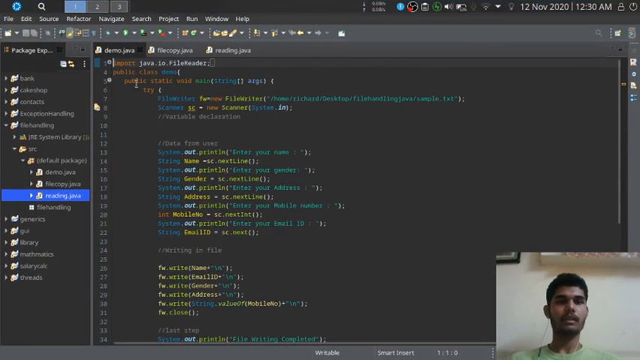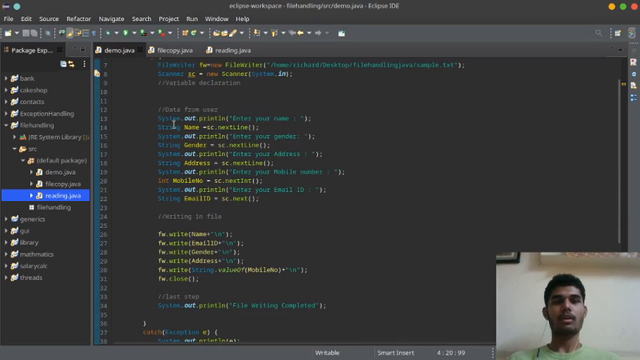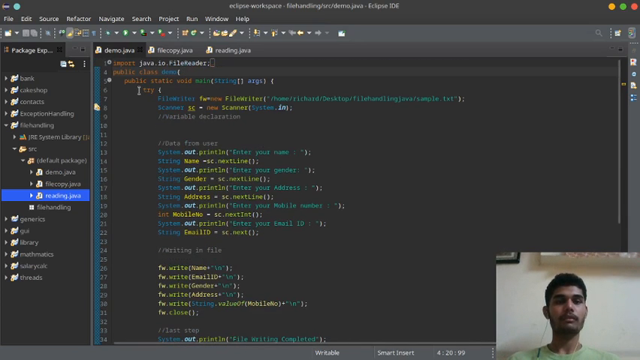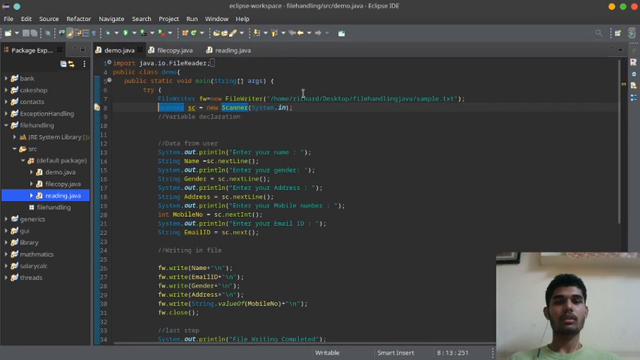So here we are importing the FileReader class and FileWriter package, and this is our public class Demo. Our first step will be to implement this in a try block. If there is any exception, it will be caught here. So here we will first create the object FileWriter fw = new FileWriter, and we will pass the address